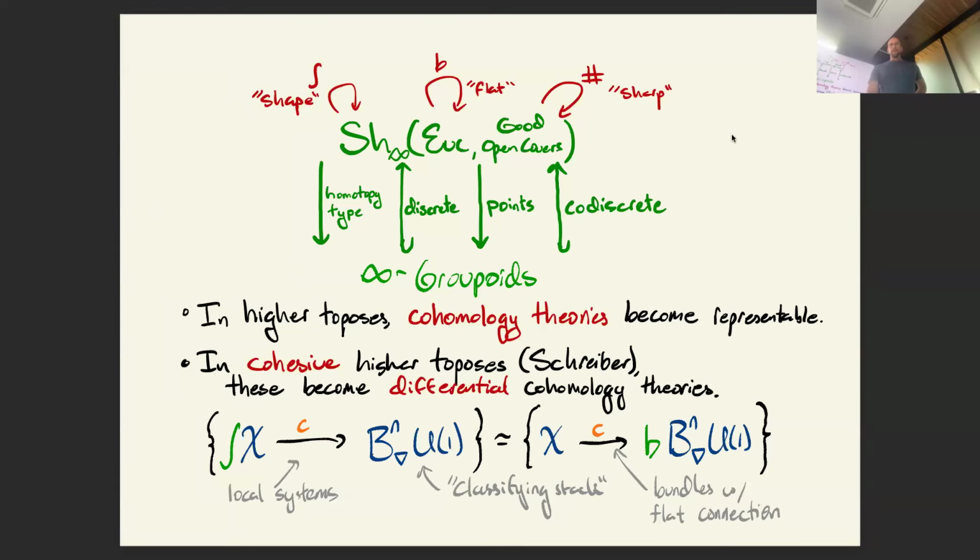So in infinity topoi, like these sheaves, one of the best things about them is that cohomology becomes representable. And in particular, various other notions, for example, bundles over manifolds, become representable by objects. And this is really nice. So one of the things here is that the adjunction gives us a nice explanation for why we should call